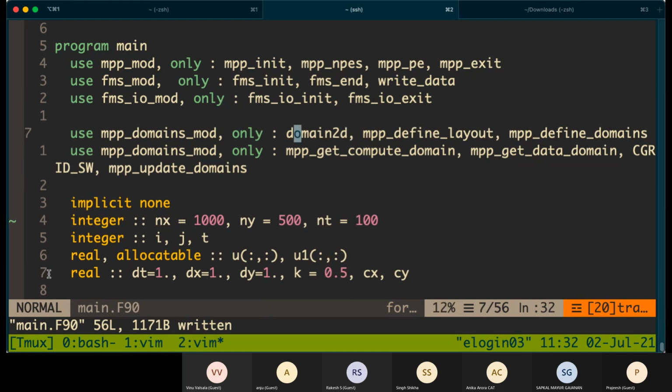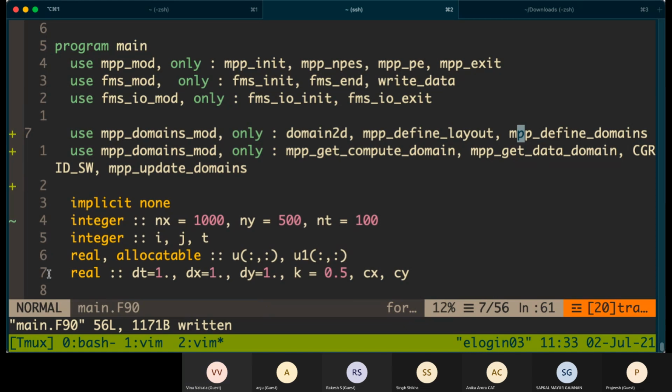The domain 2D is a derived data type, and MPP define layout is to define a processor layout. Then MPP define domains is how you do the domain decomposition.